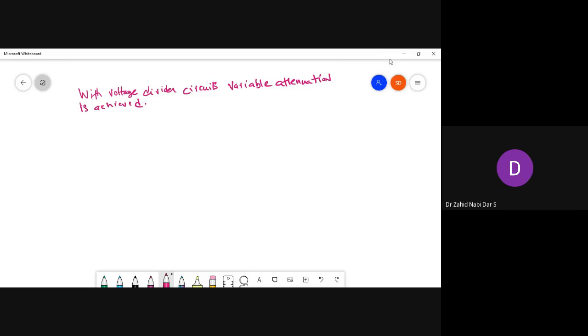See, basically, suppose you have to control volume in audio equipment. Now you are sitting in a car and you need to control volume in an audio equipment. In order to control this volume, you need a potential divider circuit,